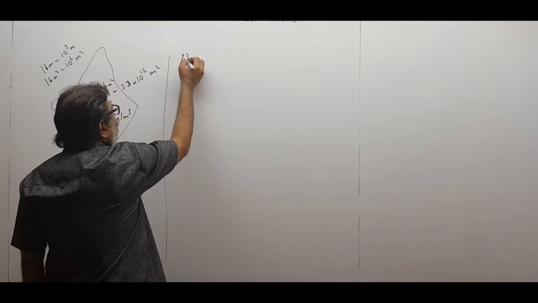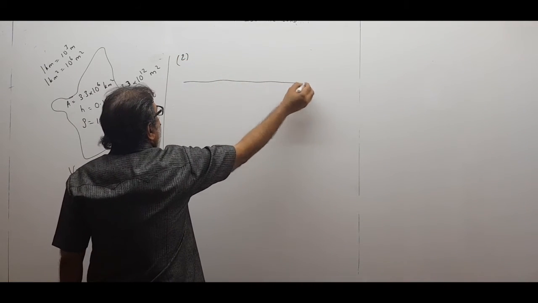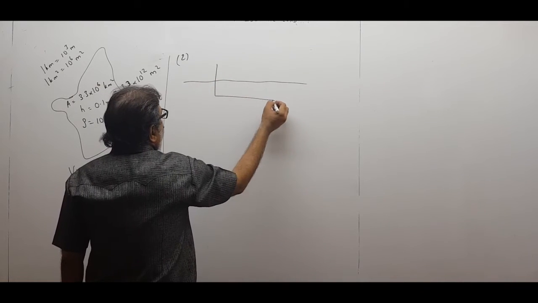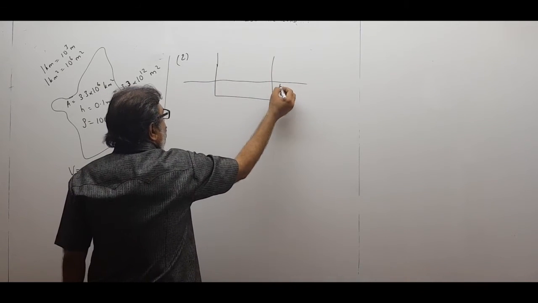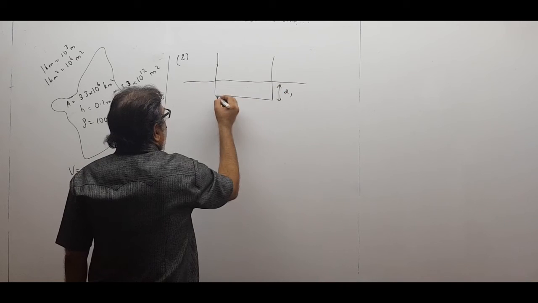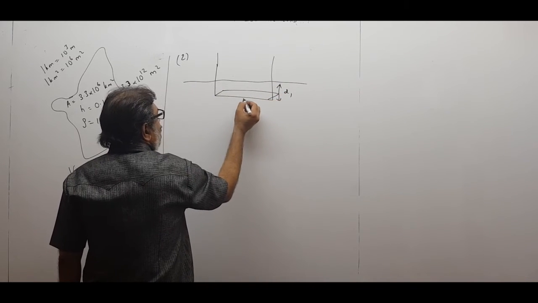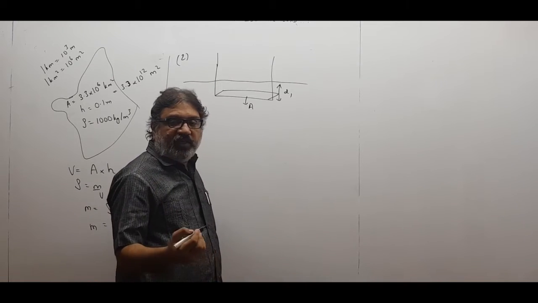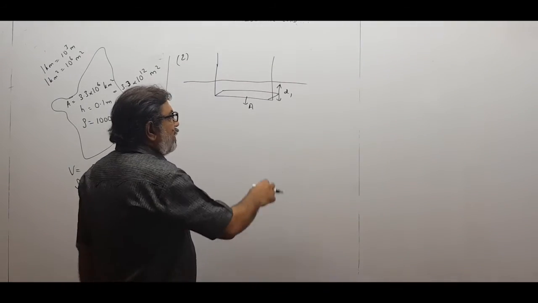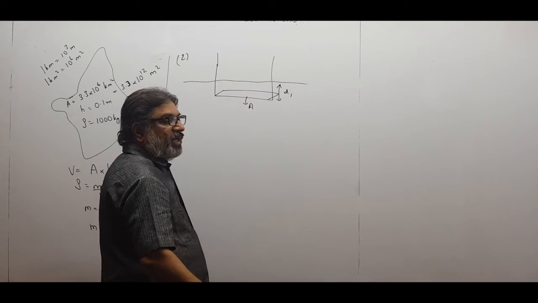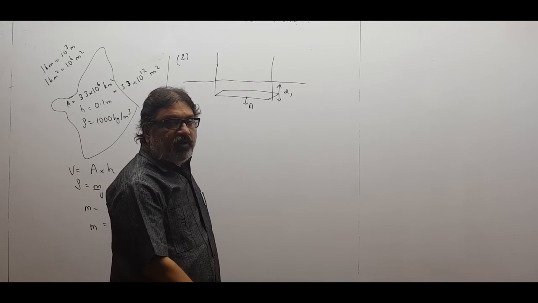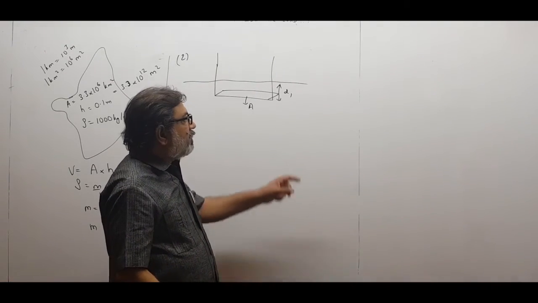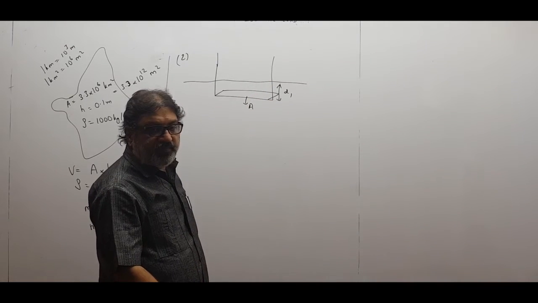I am doing the second question for you. This is the water level, and you keep the boat and it sinks by this much amount, supposing by d1 amount. A is the area of the base, I know that. So I can calculate the area of the base of the boat. Then first I leave the boat free in the water. Because of its own weight, it will go inside. I can mark and see what the distance d1 is.